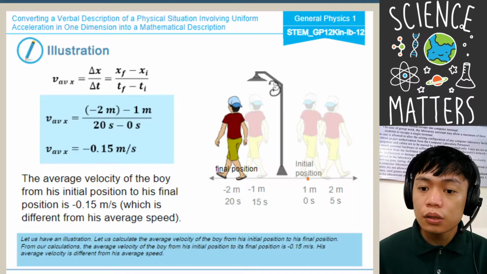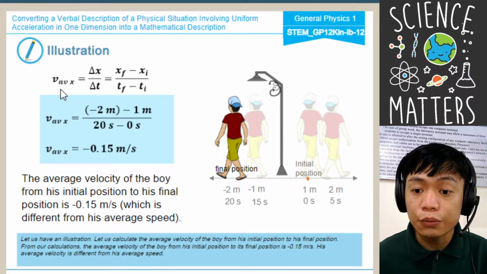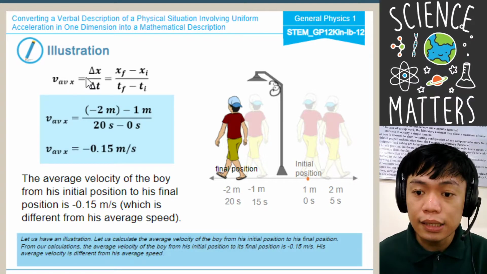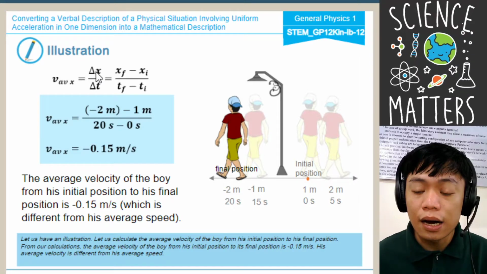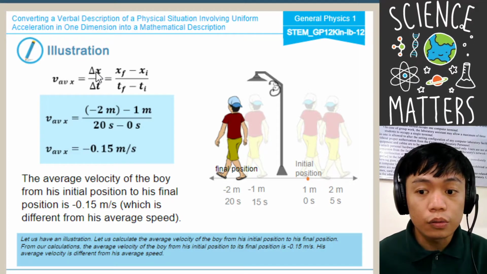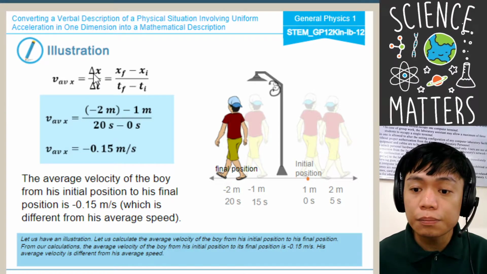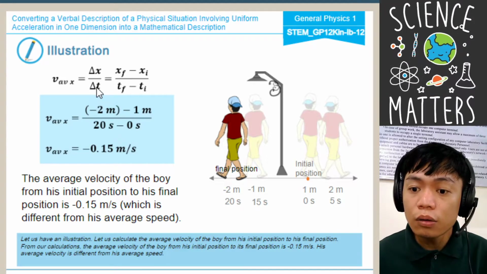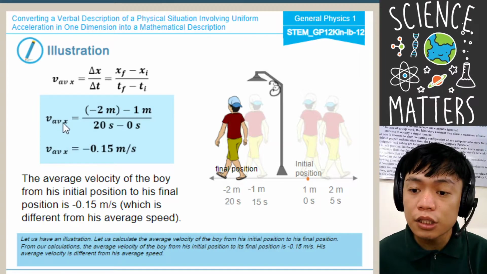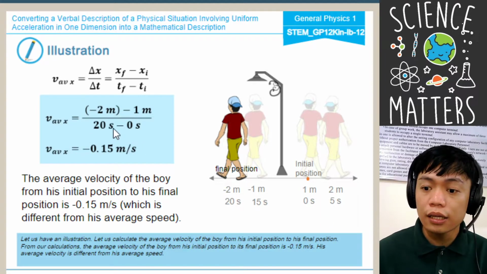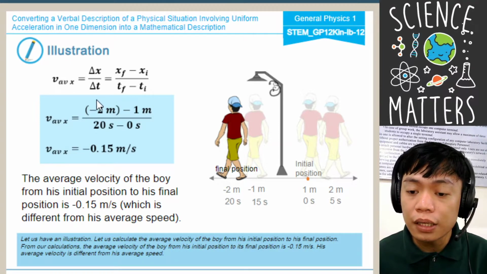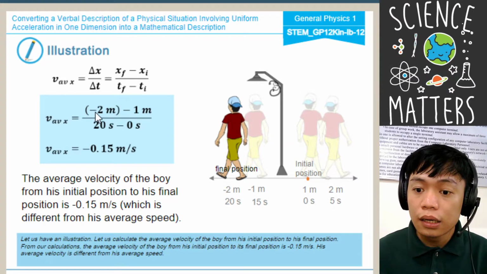Okay? So, the average velocity with respect to the position as symbolized by x is equal to the displacement over the change of time interval. Now, we just have to substitute the values, okay? So, the average velocity would be -2 meters minus